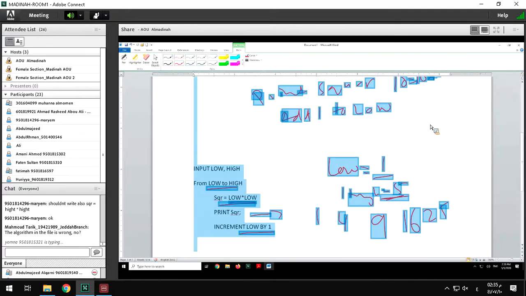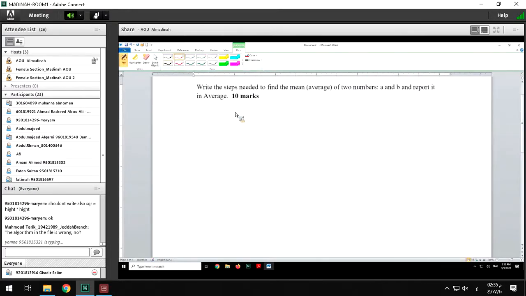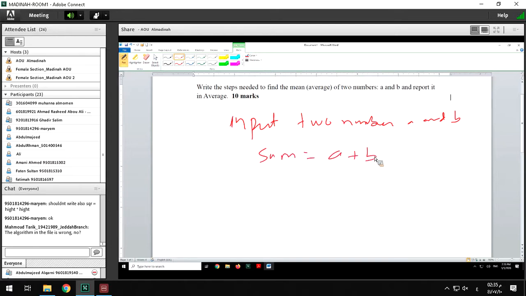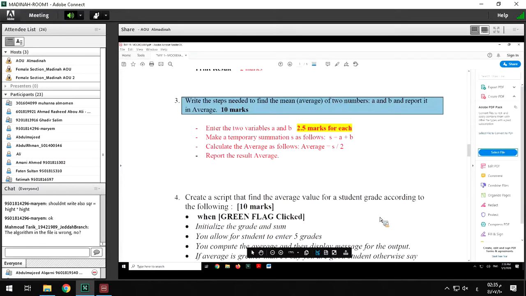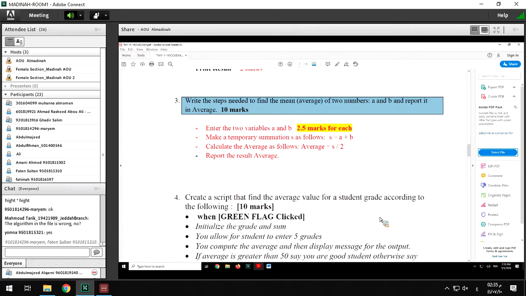You can write like this: first we input two numbers A and B. Then calculate sum as A plus B. Then calculate average as sum divided by 2 and finally print average. Very simple algorithm. Clear? Okay,